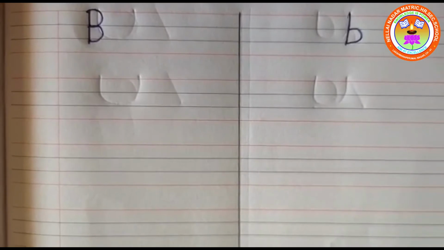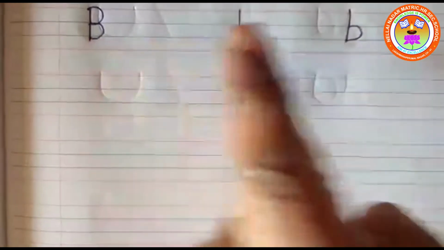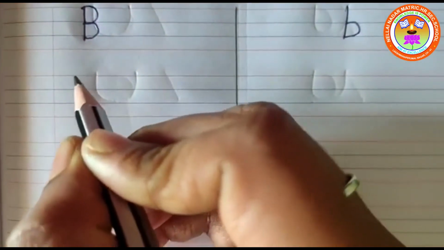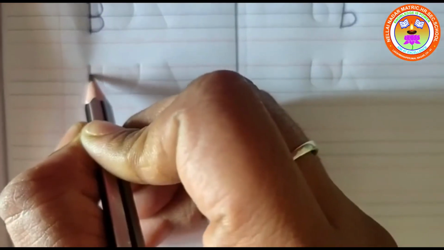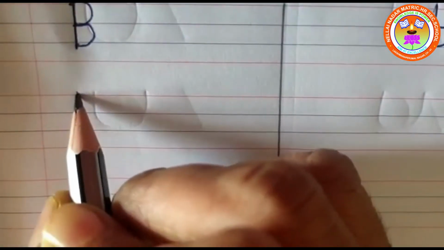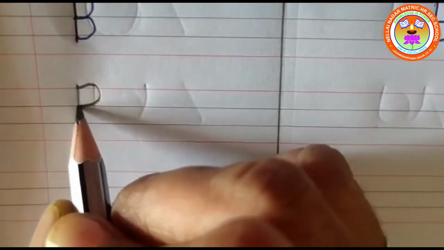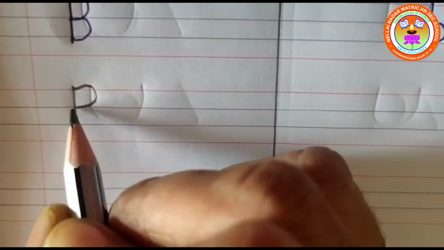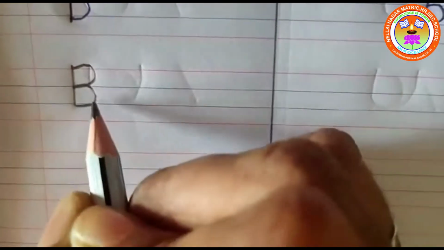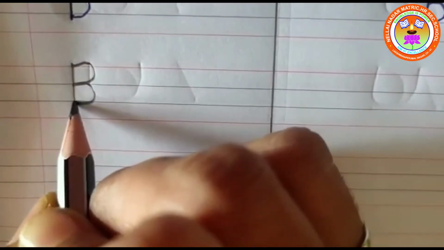Now we are going to write capital letter B and small letter b in note. Okay children, see here, you have to touch on the first red line, put one standing line, you have to come and stop on the second blue line, and then touch the red line like this, touch on the standing line and put one left curve like this. That curve should come and touch on the first blue line. Again from here another left curve should come and touch the second blue line, and you have to touch the standing line. Okay, this is capital letter B.